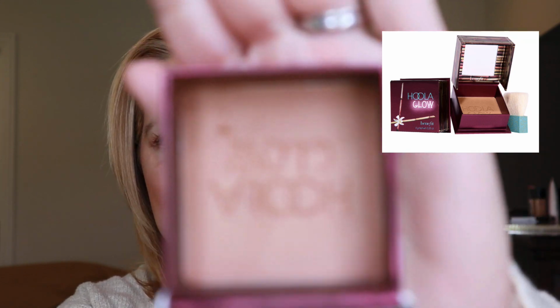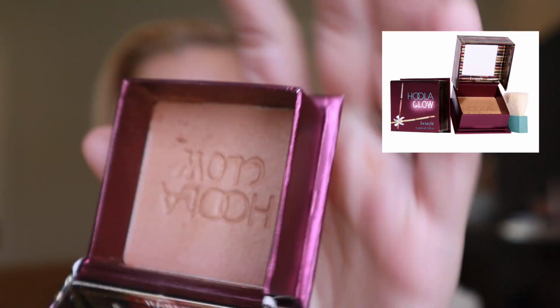Both great products, just beautiful, work so well, stay on all day, easy to blend. Another bronzer that I picked up this month that I was really very surprised by is the Hula Glow. This is gorgeous, and of course this packaging I do not love. I do not like Hula packaging, but this is the Glow, and it's going to be kind of hard to